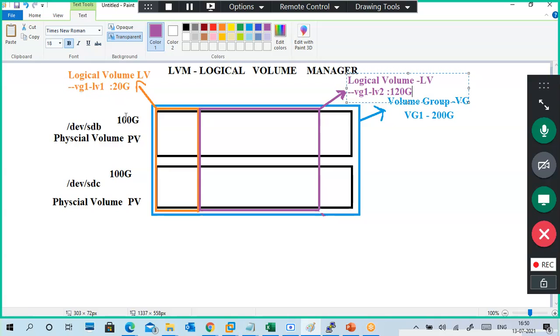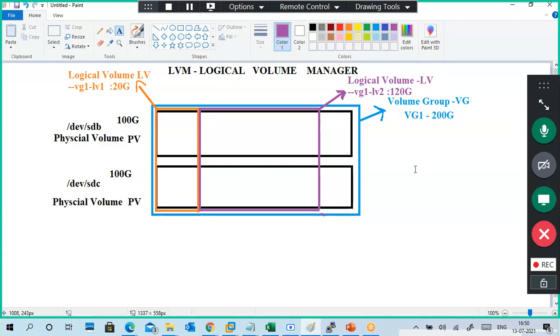Guys, understand the physical volume. Physical volume means individual volume sizes. And what is the volume group? A combination of physical volumes that becomes a big, large size. And what is the logical volume? It is simply a partition from the volume group. It can take up to the maximum of the volume group. Understand up to here?